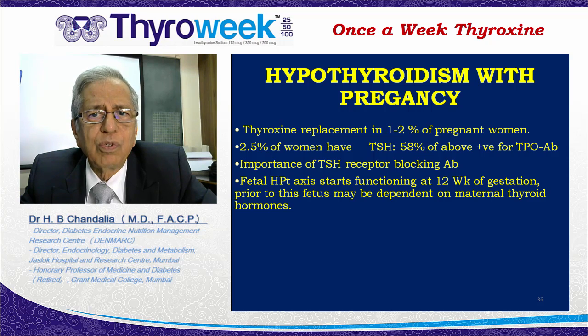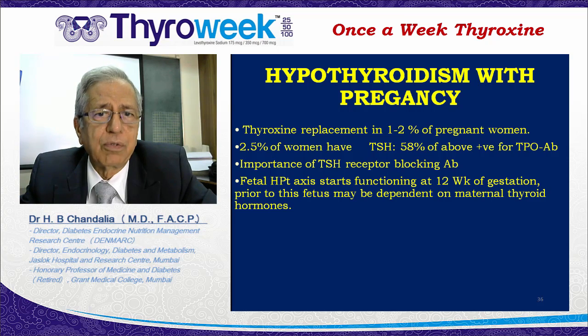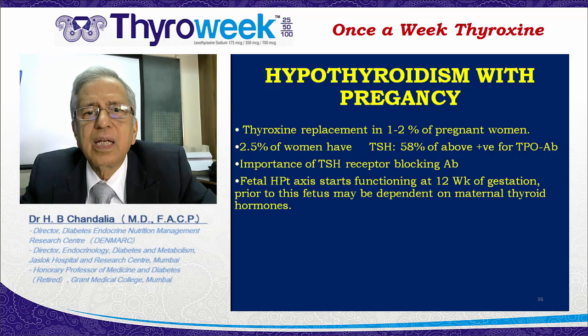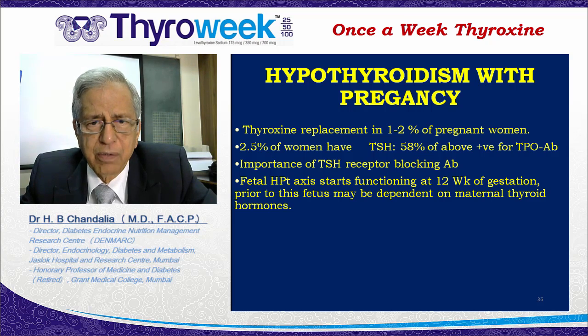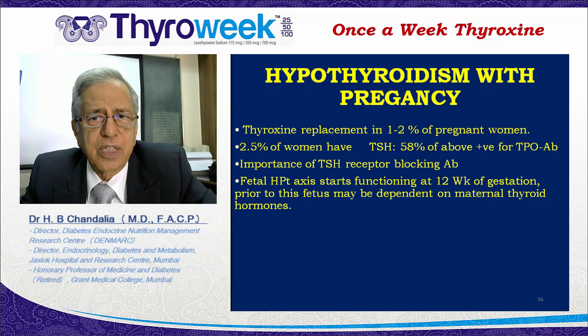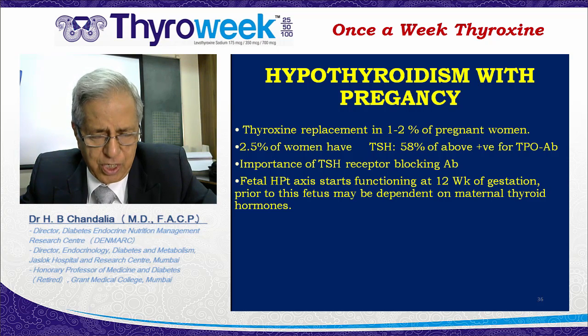In women who are known to be hypothyroid and on replacement therapy, it is very important to escalate the dose of thyroxine right away. Although long ago it was thought that the thyroxine demand increases only after the second trimester, now it has been proven that very early in pregnancy there is a physiological hyperthyroid state produced by stimulation of the thyroid caused by the placental chorionic gonadotropins, which have structural homology to TSH. So, a large amount of chorionic gonadotropin can produce a state of hyperthyroidism.